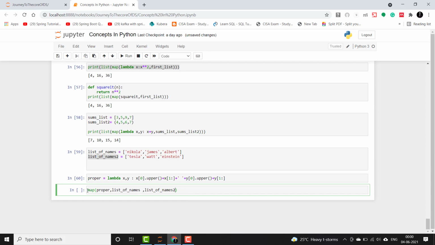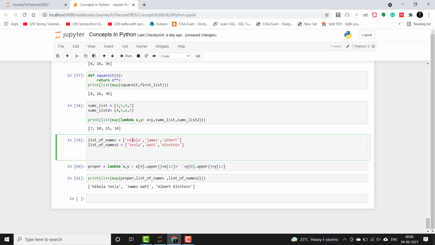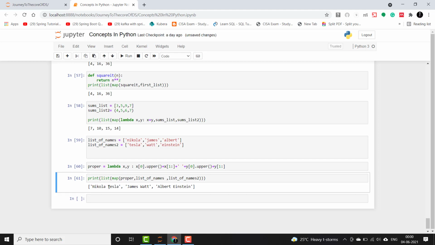Now I'll again convert this to a list, as we have to return a list of full names, and then print it. You can see clearly that the first letter of the first name and last name of the same person is converted to upper case, and it has joined them using spaces.